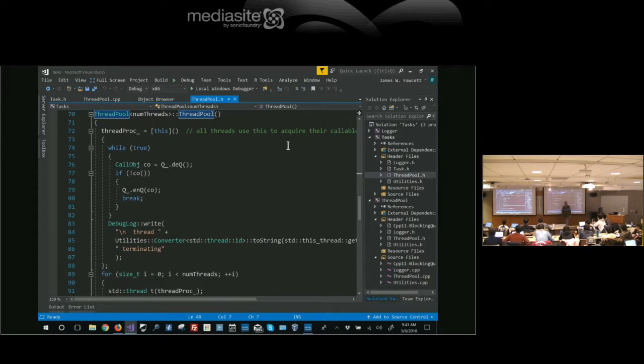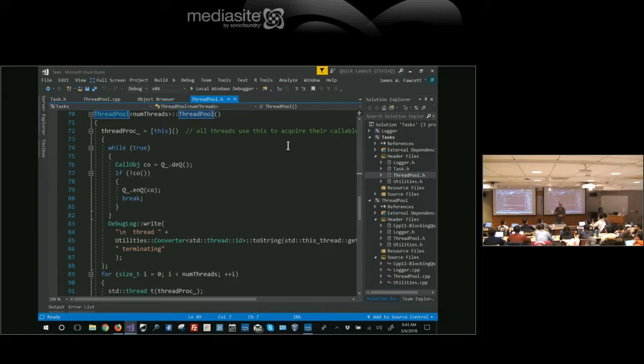Why would I enqueue it back? It's a great midterm question. Why would I enqueue it back? So I put one stop in my queue, one thread pulled it out, and it's going to stop. But I want to stop all the threads. So that stopping thread enqueues it again, and the next guy will get it and stop.